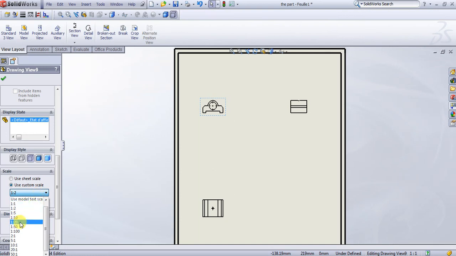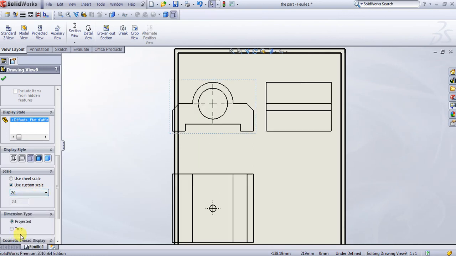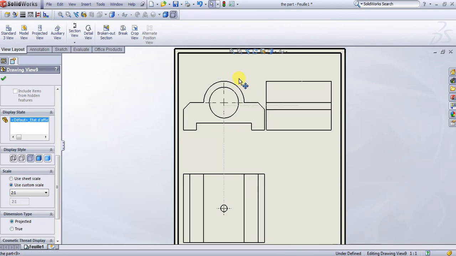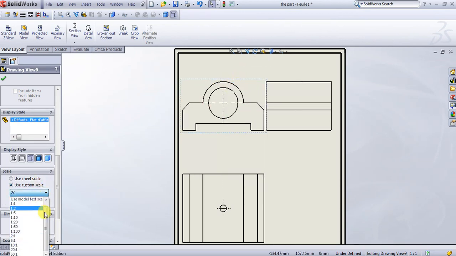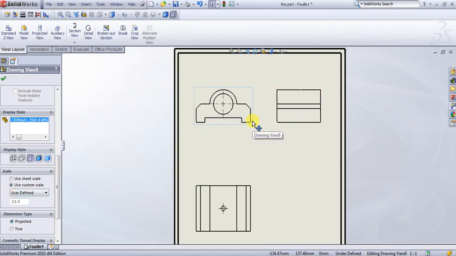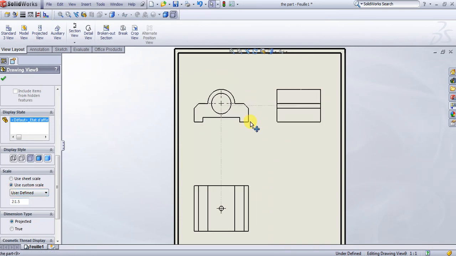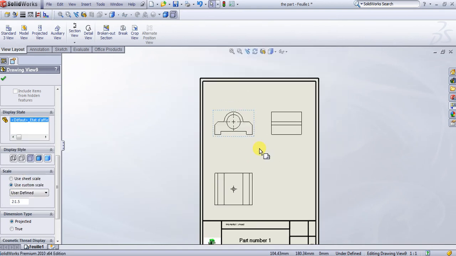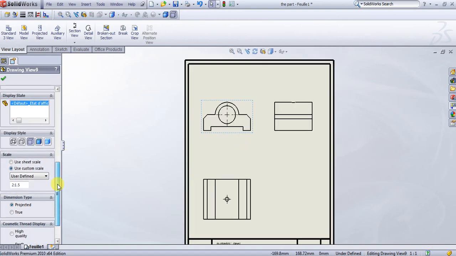To make it bigger, for example 2.1, way too big, or you can choose here user defined. Okay, user defined. So for example I put 1.5 for example here, which is a pretty good view scale. Okay,